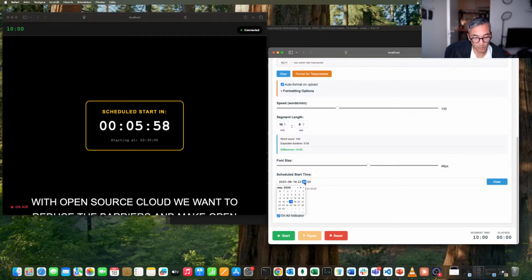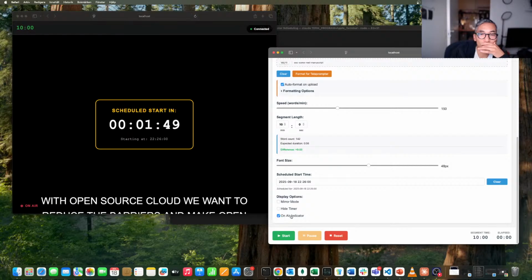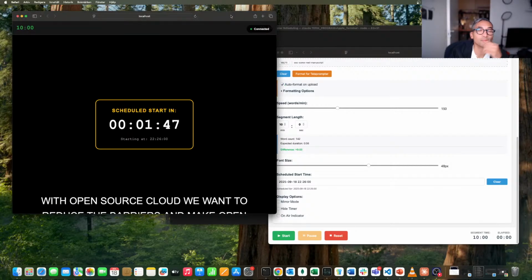Let's see if we can make this 26 scheduled start in 00. But I'm not on there now, right now. Okay, let's see if that works. Scheduled start in... it's chosen the colors right, I think. Would work probably in the studio. Someone will tell me if I'm wrong,